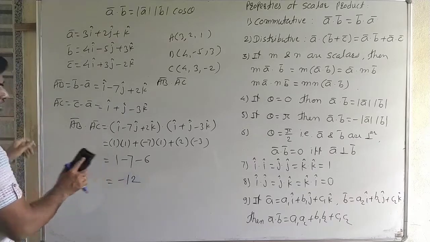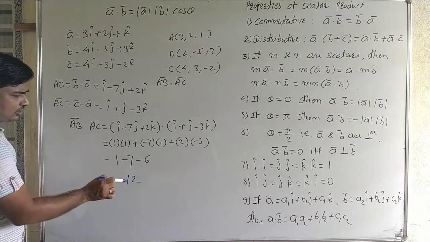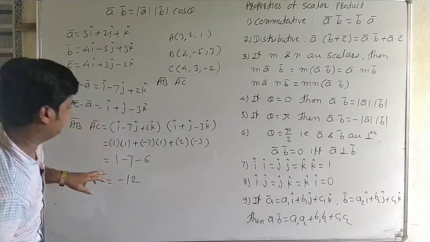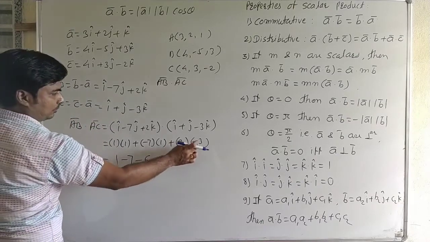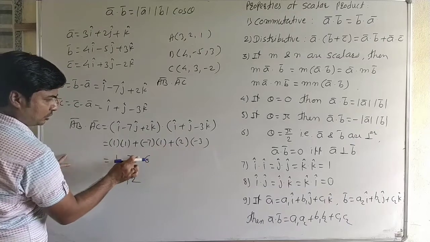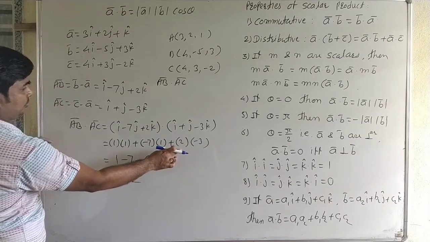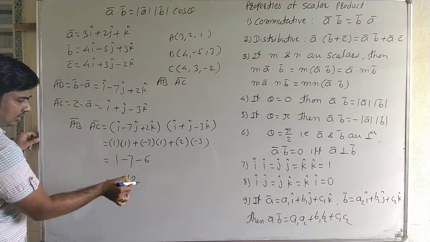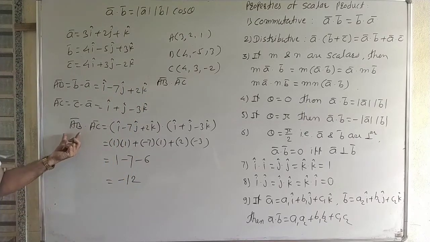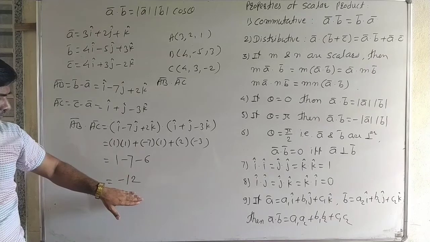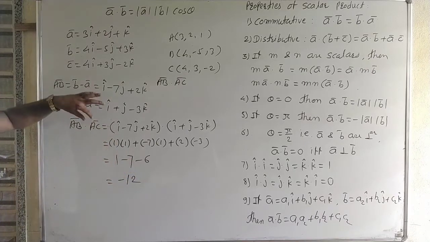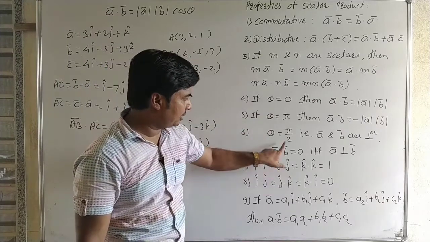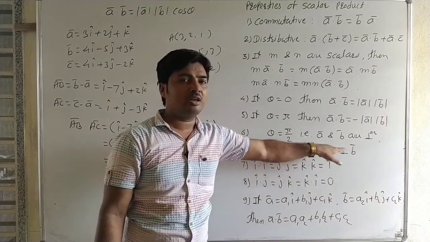If the dot product is 0, suppose the dot product had come out as 0, then AB and AC are perpendicular. Here the dot product is 0. Suppose here it had come out as plus, it is minus 2 suppose, then this would be plus and this 0. Then the dot product of AB and AC is 0. Then AB and AC are perpendicular vectors. If the dot product of two vectors is 0, then the vectors are perpendicular.